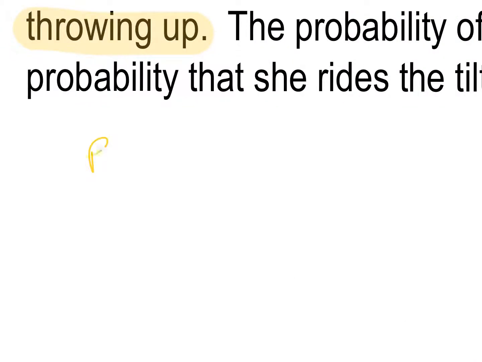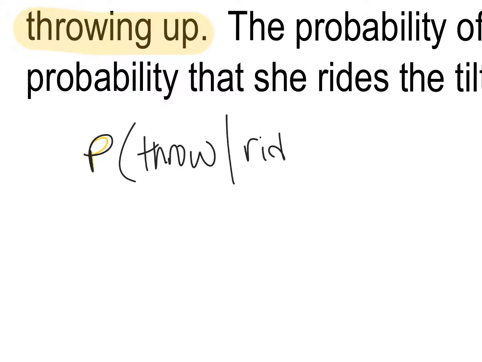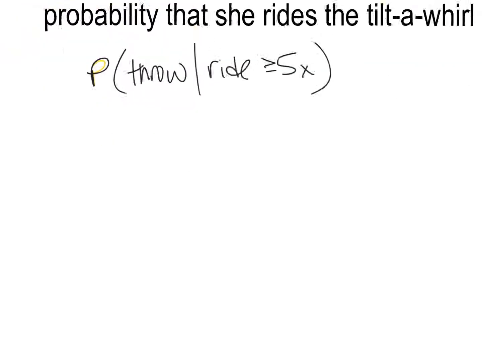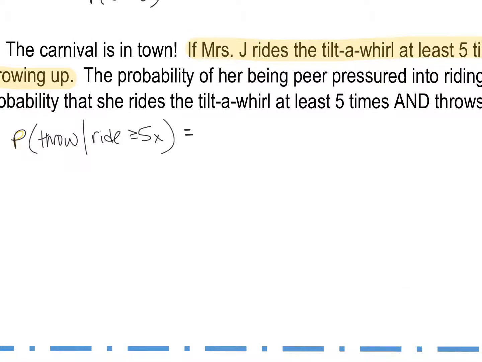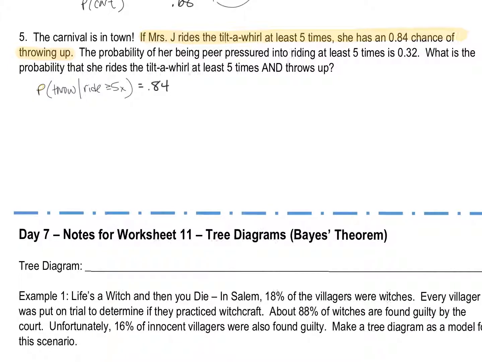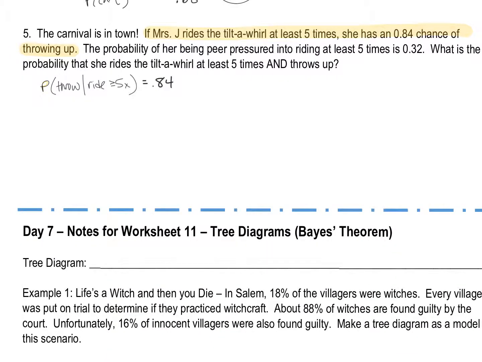So probability of me throwing up, I'm just going to abbreviate throw, given I ride at least 5 times, trying to use symbols here, is 0.84. That was given in the question. And so you have to search through these word problems a little bit for the given part. It's given that if I ride at least 5 times, that's the given part, then the probability of me throwing up